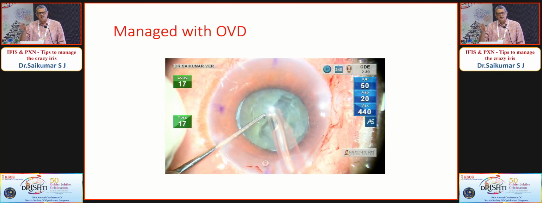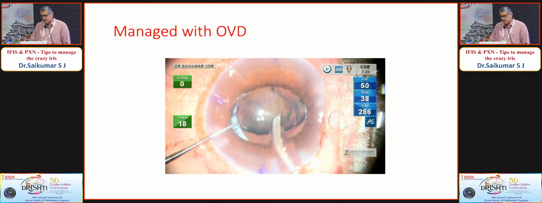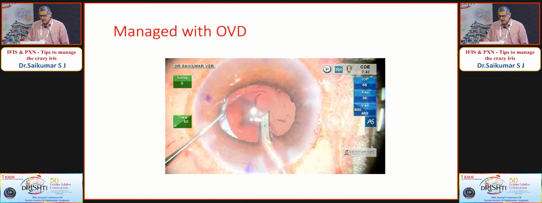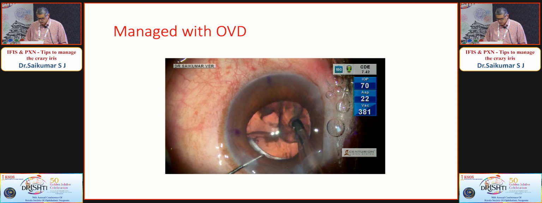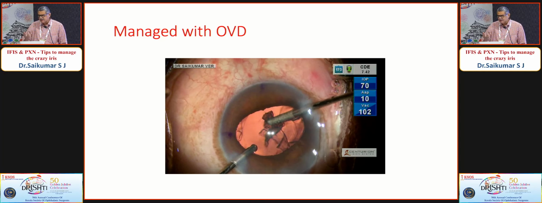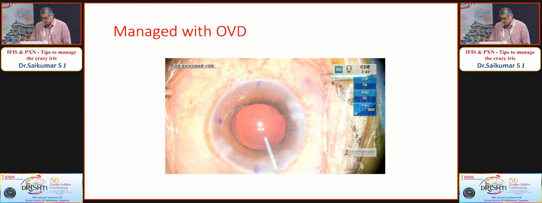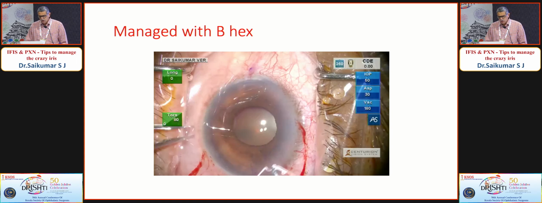Even during the surgery, you find that the iris is fluttering a bit, but it won't cause any significant problem either during your phacoemulsification or during your cortex aspiration. You can see that the iris has got a tendency to come into the bimanuals, but you can manage without any major complication. So we'll go to the next scenario where the pupil was mid-dilated, and so I used a